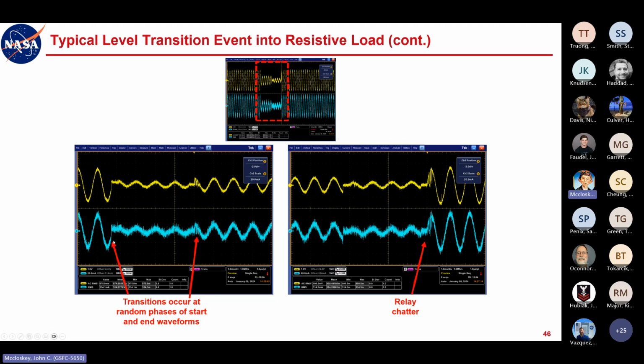transitions tended to occur at random phases of the start and end waveform. While they had the smarts in the unit to make the frequency transitions occur at zero crossings, they didn't do that for level transitions. I have no idea why. So when you're transitioning from one level to another, you get these very abrupt transitions, right? The worst case is you're going from like the extreme end of the waveform and it slams to zero. You can kind of see it right there. And it's not at the extreme end, but you're not at zero, and then it just slams to zero, and then wherever you are here, it goes from zero to, in that case, pretty close to the full